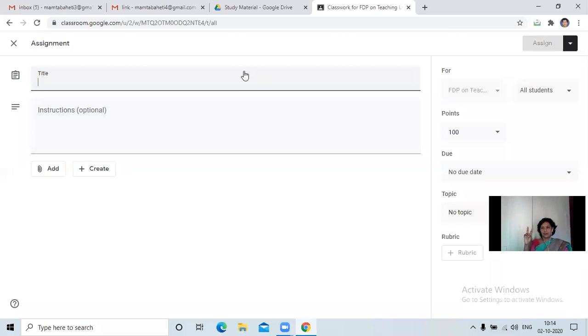One, we will assign the grades as per our convenience. We'll assign the marks as per our convenience, our analysis. And second, we are setting some benchmarks. Like suppose you have to grade a particular assignment with a scale of 10.